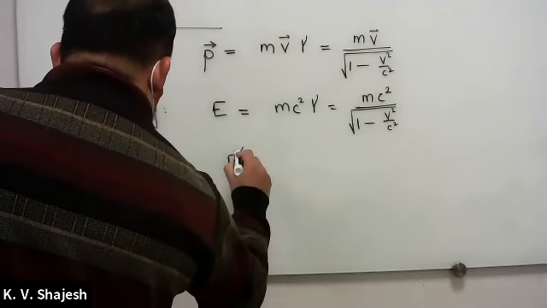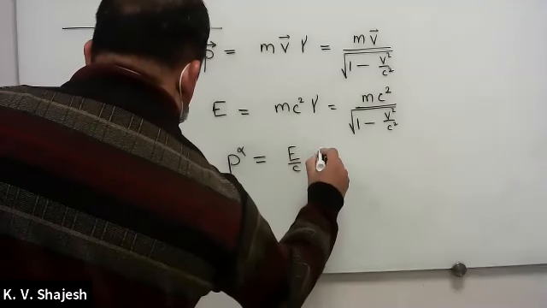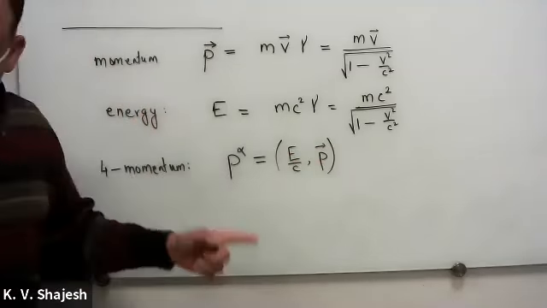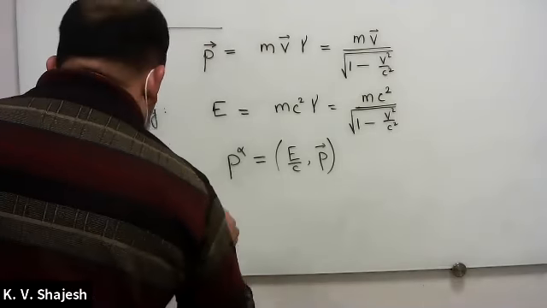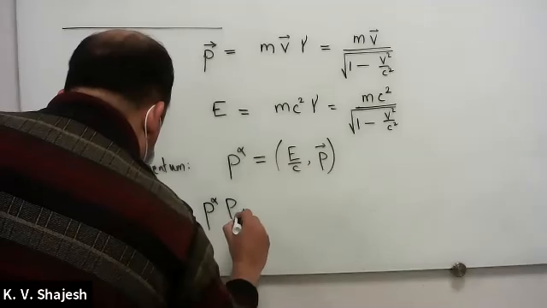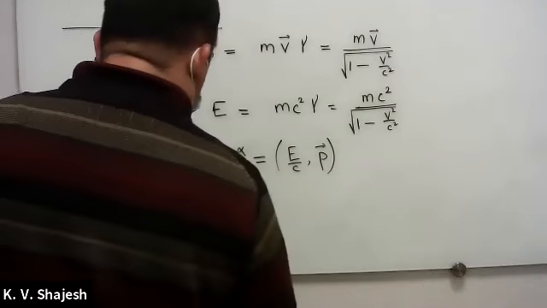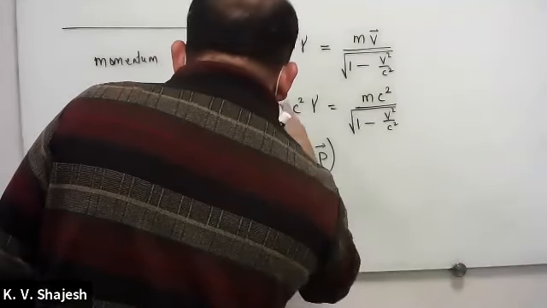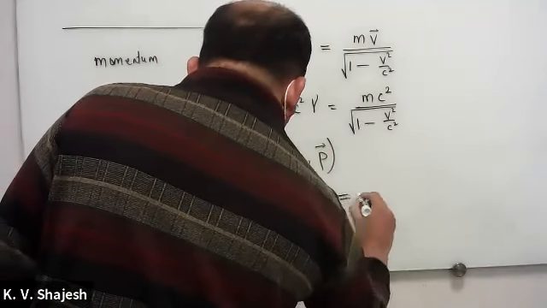That's P alpha is equal to E over c and momentum P. So these energy and momentum that I just now told sit as the components of what is called a 4 momentum vector, with the idea that if I were to square this quantity, P alpha, that's equal to the negative mass squared of this particular particle. So it's m squared c squared, which is equal to